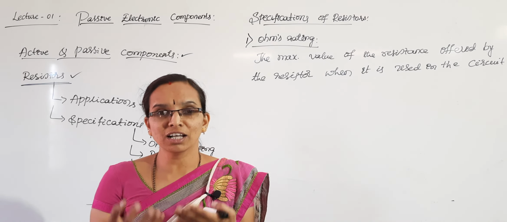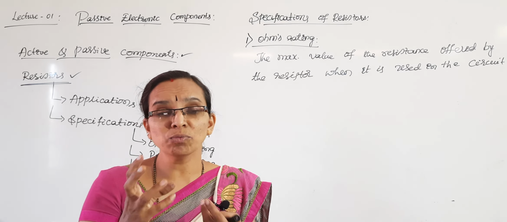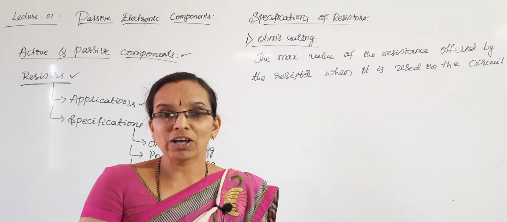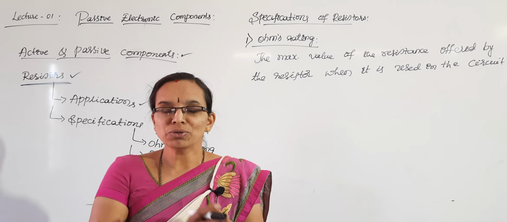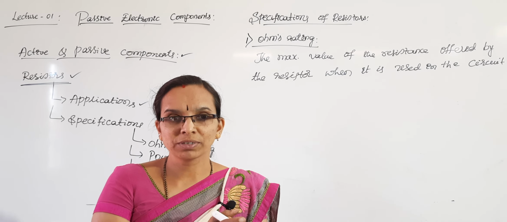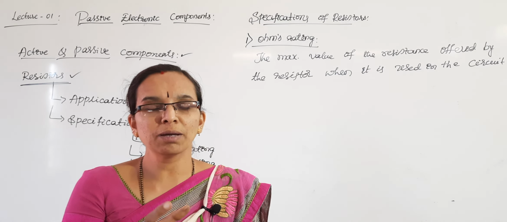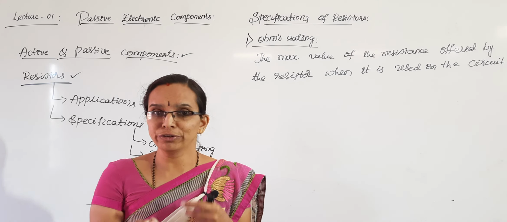Some people may love to hear music. They will choose a mobile which has more sound clarity. Some people want to click photos and videos, so they will prefer good camera quality. But some people want to store notes, documents, and important things in the mobile. They will prefer more ROM, more memory capacity. These are the specifications of the mobile phone, right?